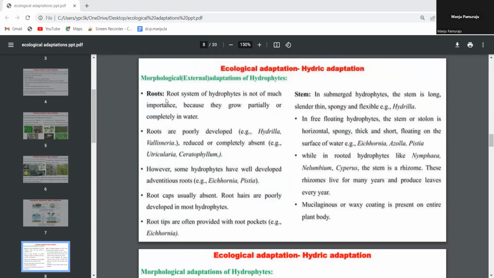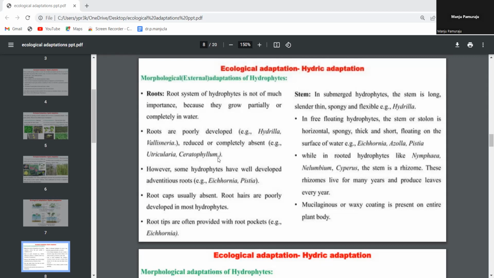First, roots. Generally, the root system of hydrophytes is not of much importance because they grow partially or completely in water. In hydrophytes, the root system is not well developed. The main functions of roots are attachment and absorption of water and nutrients from the soil. But here these plants are growing in the water, so the roots are poorly developed. Example: Hydrilla, Vallisneria. The root system is poorly developed in Hydrilla and Vallisneria, and reduced or completely absent in Utricularia